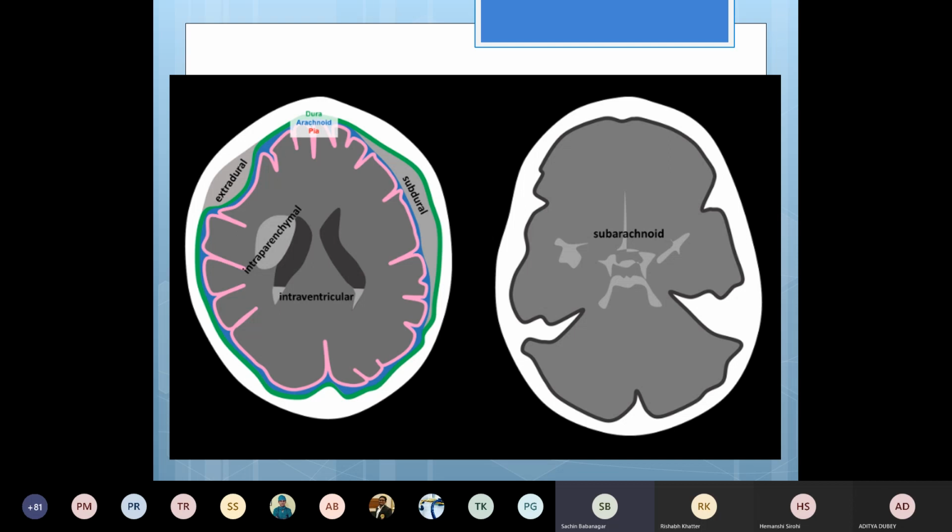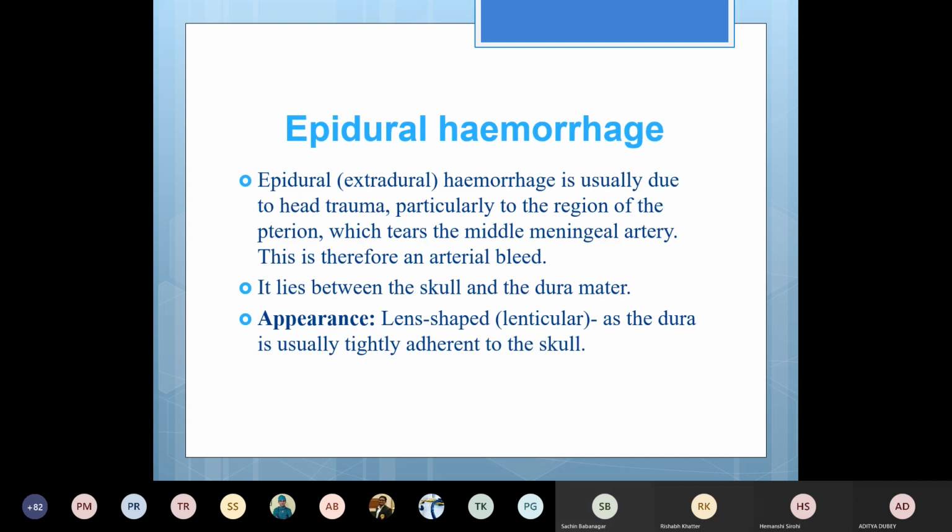And intraventricular blood will go, and this is because this is anterior, this is posterior, and the patient is lying supine. Because of gravity, the blood usually tends to pool at the posterior part of the lateral horns, or the occipital horn of the lateral ventricles. And intraparenchymal is usually in the region of the capsular basal ganglia, as we will see now. Subarachnoid will usually be in the basal sections, you will see the basal cisterns full of hyperdense blood.